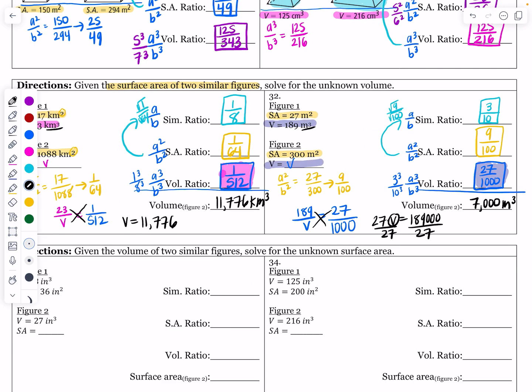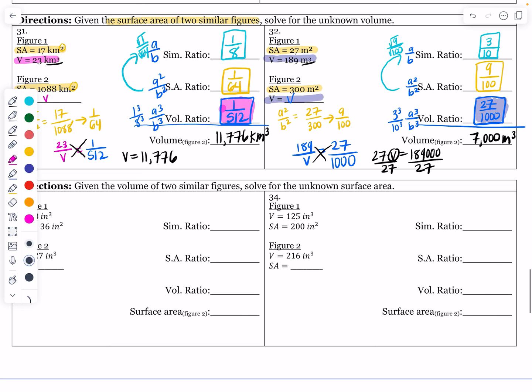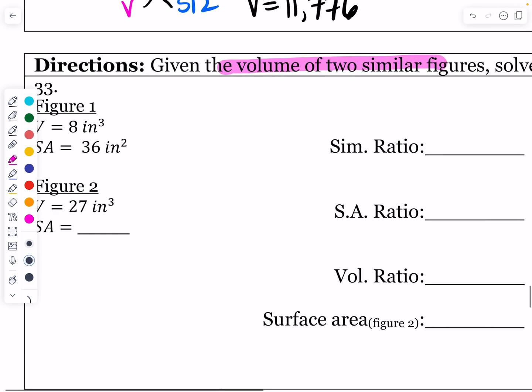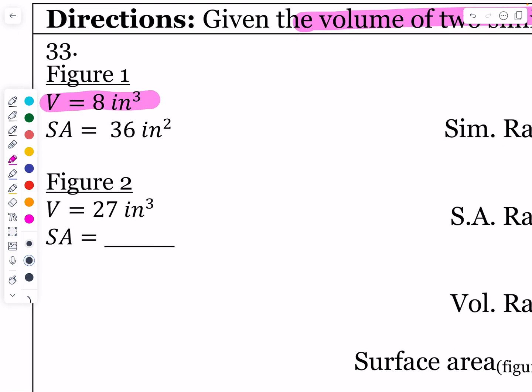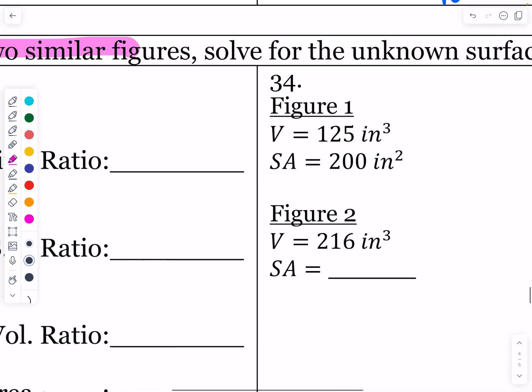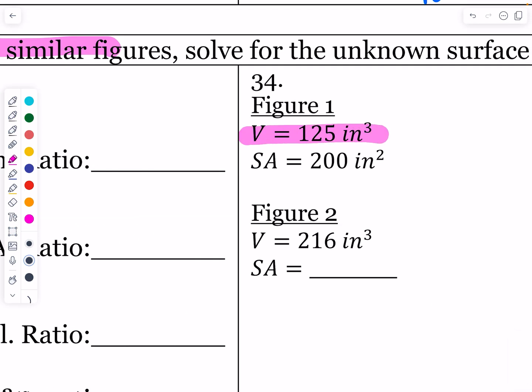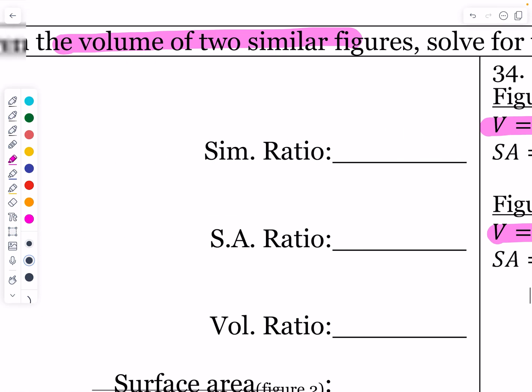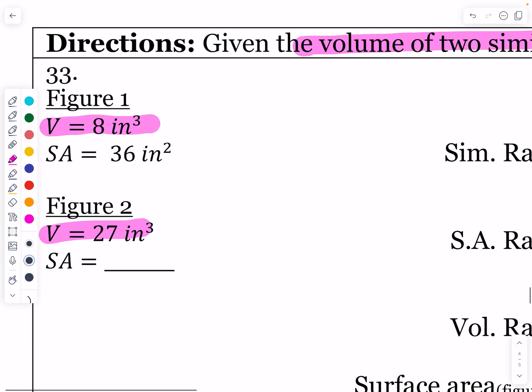All right, friends, so that was given the surface area, finding the volume. Now we're going to be given the volume, and we're going to be asked to find the surface area. So we're given the volume on this one. Same thing here. Figure 1 has a volume given, and we're going to use that in order to